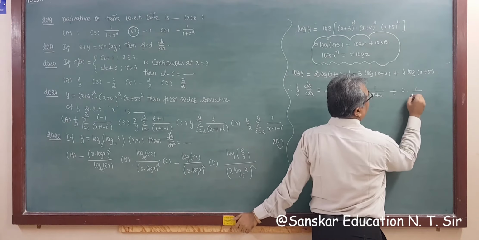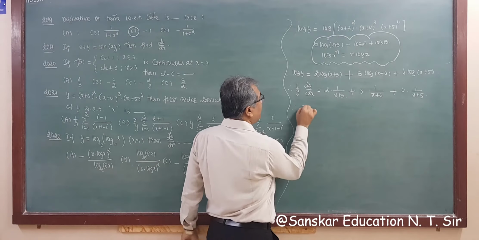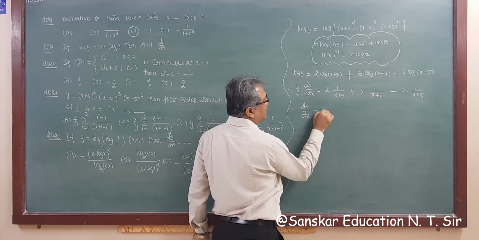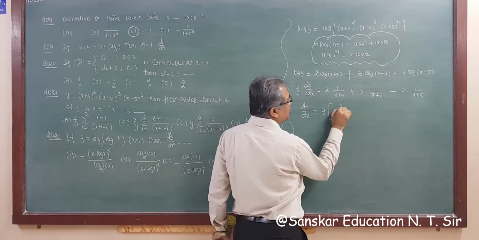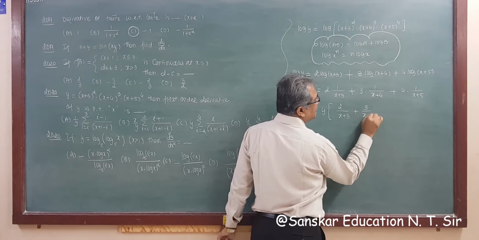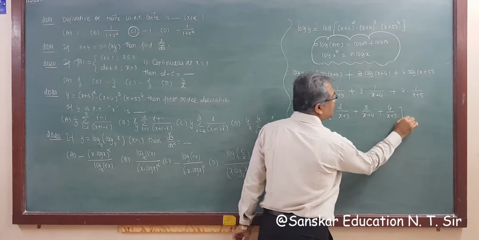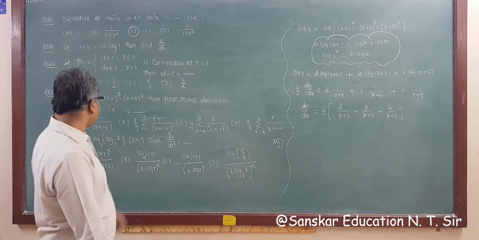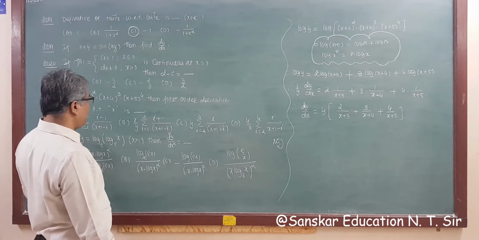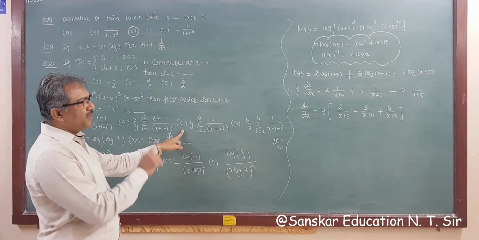So this is 1 upon x plus 5. Right? So dy by dx, the derivative of y with respect to x, is y times, taking LCM, 2 upon x plus 3 plus 3 upon x plus 4 plus 4 upon x plus 5. This is your answer. But we have to find out from this. So first of all, our proper answer has this y. So without checking anything, you have to tick mark this answer.